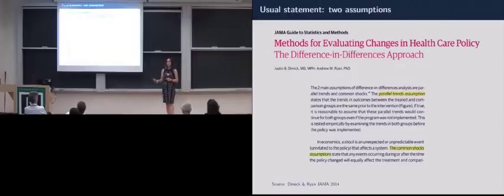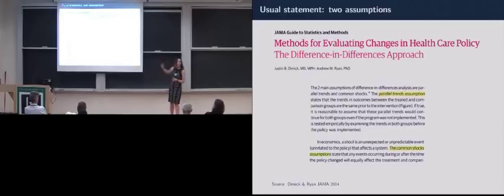And they write the crucial counterfactual assumption as two assumptions, which they say are the parallel trends assumption, which is that the trends have been parallel in the pre-period, and the common shocks assumption. And this is where you start to see the influence of the economists on this literature. Shocks to economists are errors, basically, right? Stuff that happens from outside that just impinges upon the system that you're studying and is random and just whatever, a recession happened, right? So if you add these together and kind of squint your eyes, maybe you get back the counterfactual assumption at the beginning, but because it has been split up in this way into two assumptions,